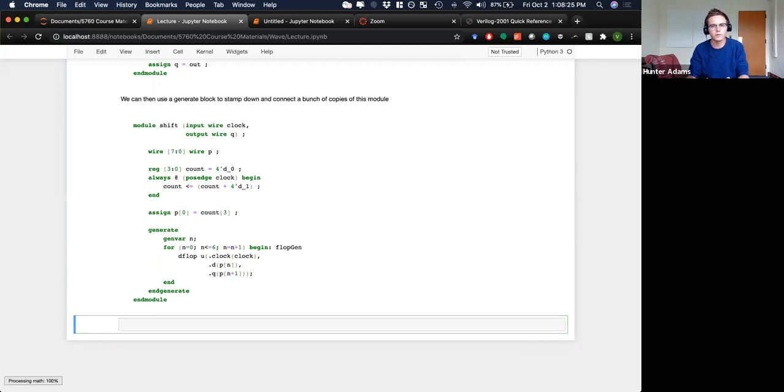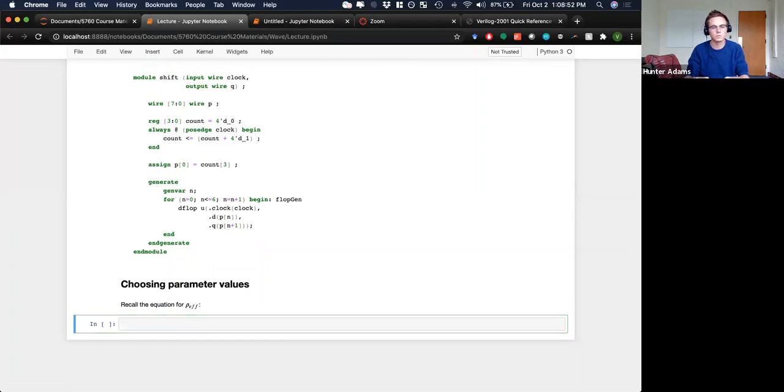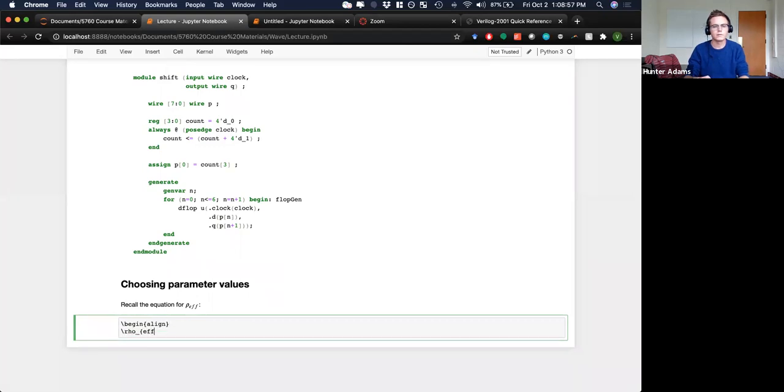If there aren't any questions, then I'll talk next about choosing parameter values. And let's start with rho. So let's recall the equation for rho effective, which is to say the nonlinear rho, which looked like: rho effective is equal to the minimum between